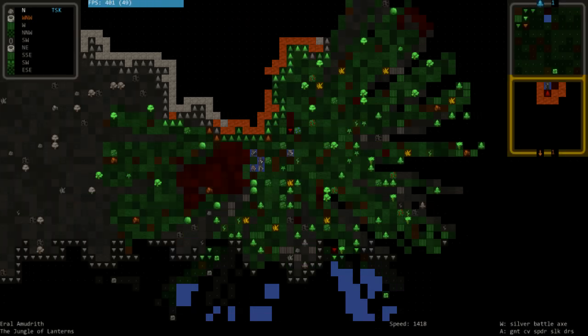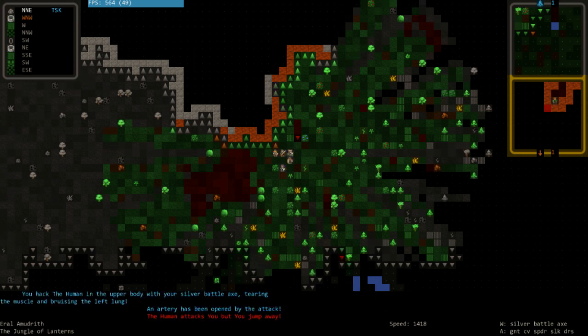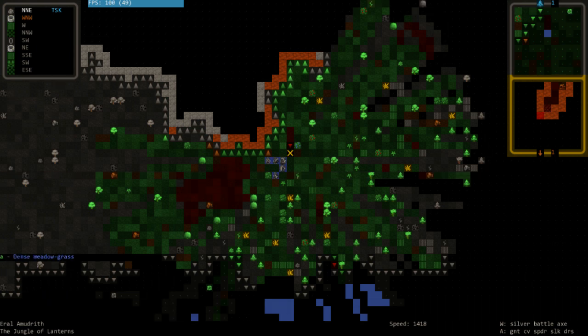Oh, he's underground. Look, there's a little hole in the ground thing here. Look. Oh, blimey. What the hell? You hack the human in the upper body with your silver battle axe, tearing the muscle and bruising the left lung. An arteries are being opened by the attack. It attacks you, but you jump away. Alright, so...